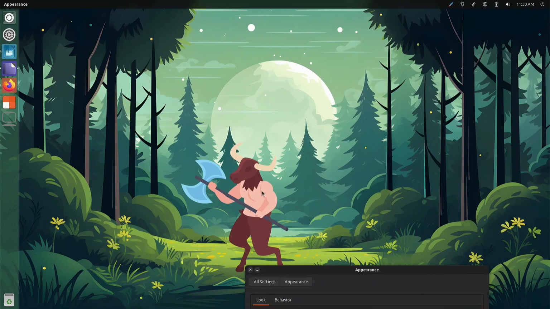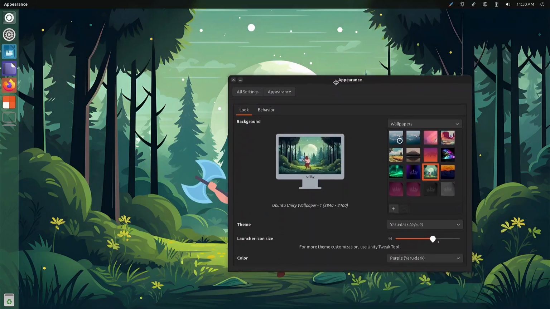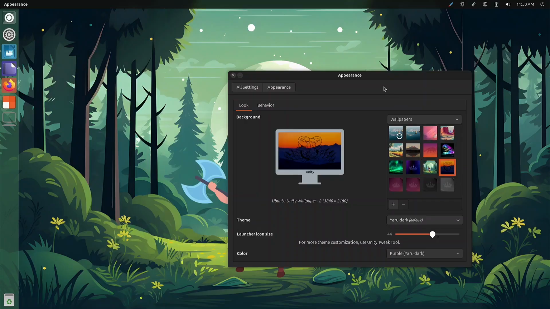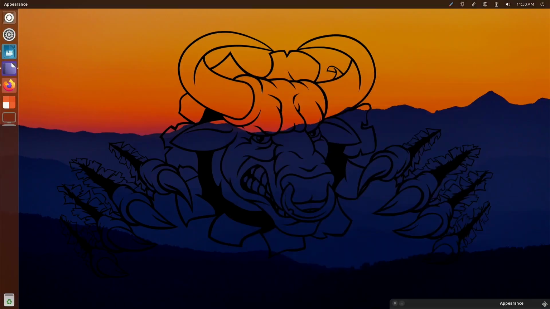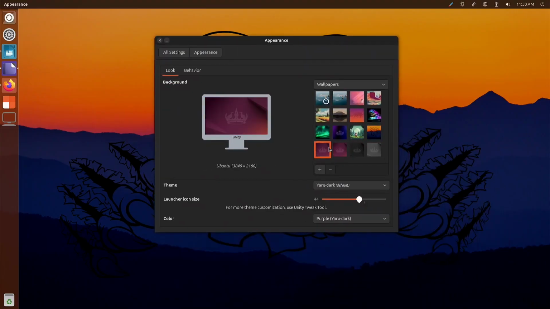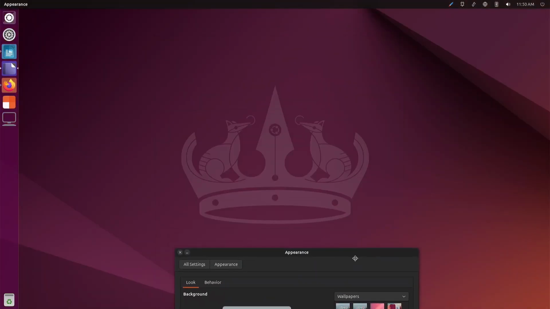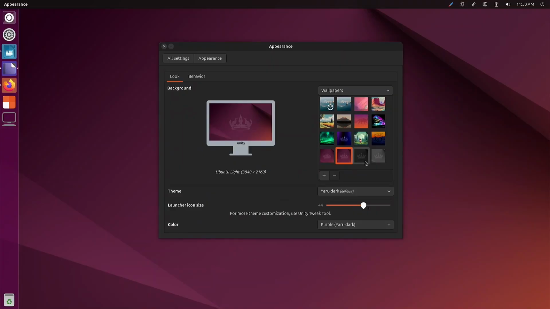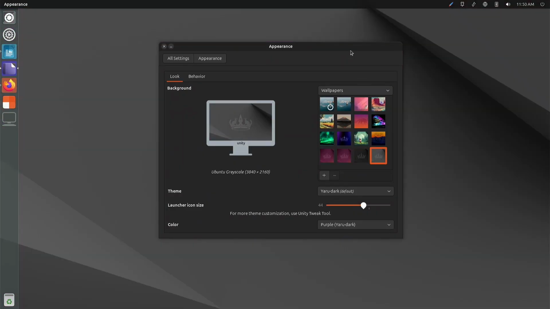I don't know what this guy's doing, but that's pretty. What is this? And we got some color variants of the wallpaper. Ubuntu grayscale. Okay.